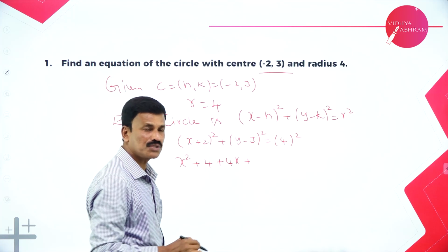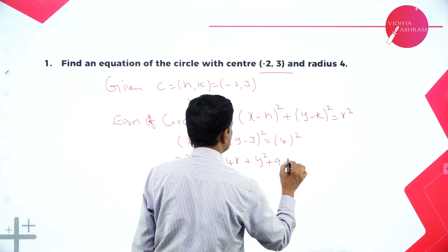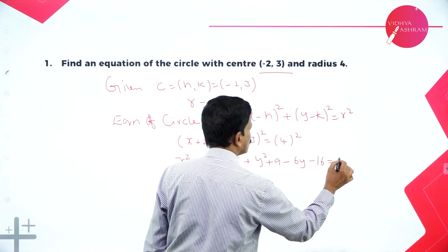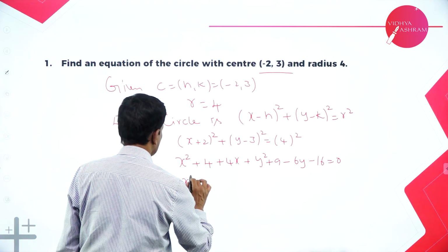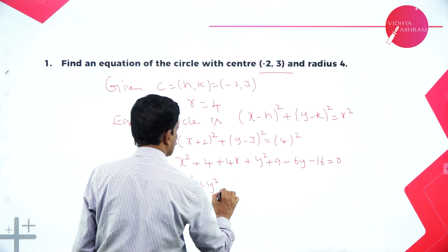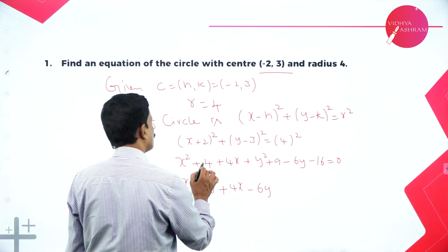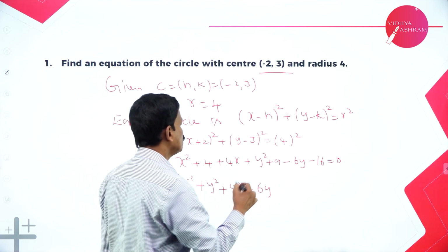Again (a minus b) whole square: a square plus b square, 3 square is 9, minus 2ab, 3 twos are 6y, and 4 square is 16. Bring that 16 to the left hand side, it becomes minus 16. Now put it in order: x square plus y square plus 4x minus 6y, then 4, yes, 9 plus 4 is 13, 13 minus 16